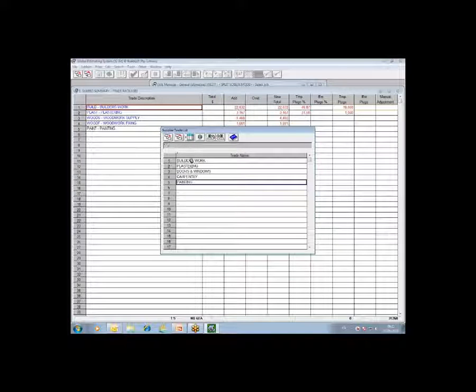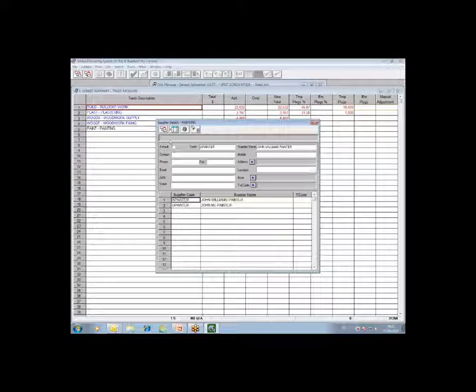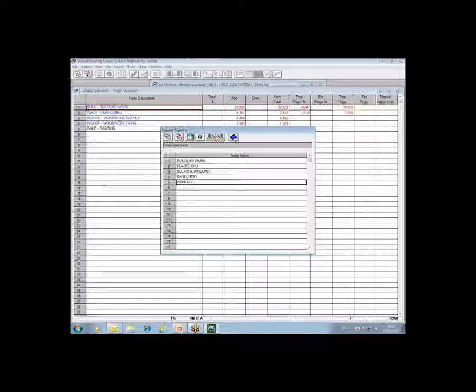So once you have your trades established and the suppliers slash subbies that will be supplying quotes, or who you want to supply quotes for those packages, what you then can do is exit out of your supplier trade list. I'll just point out before I leave here that at any point in time, you can come back into this